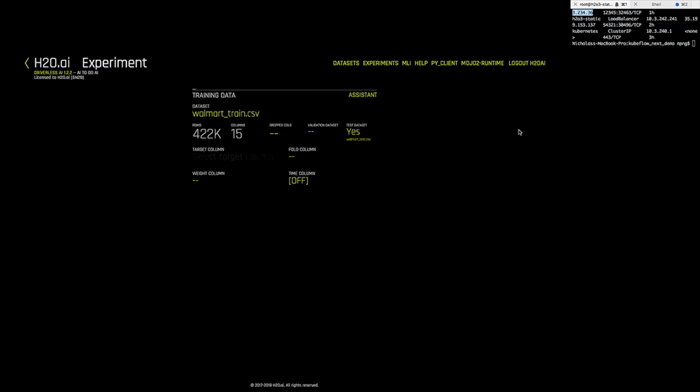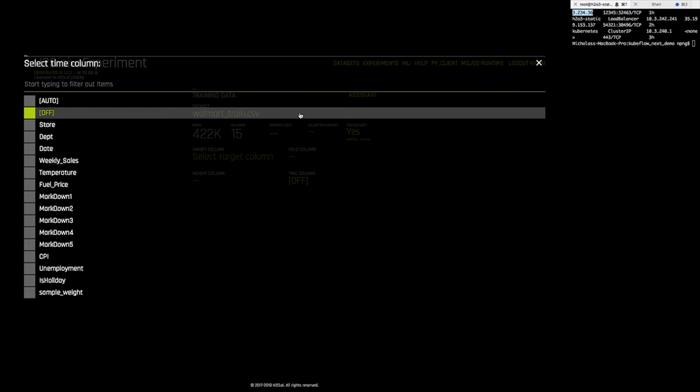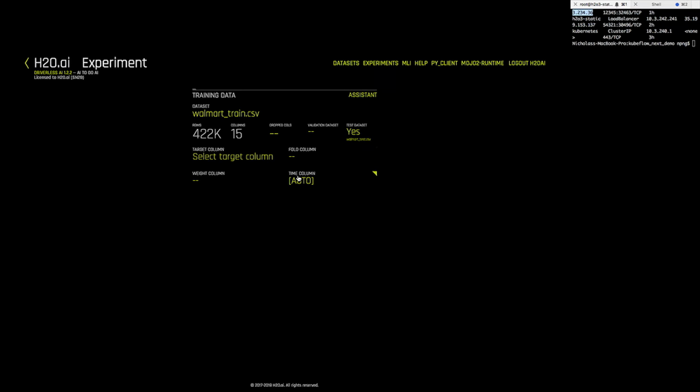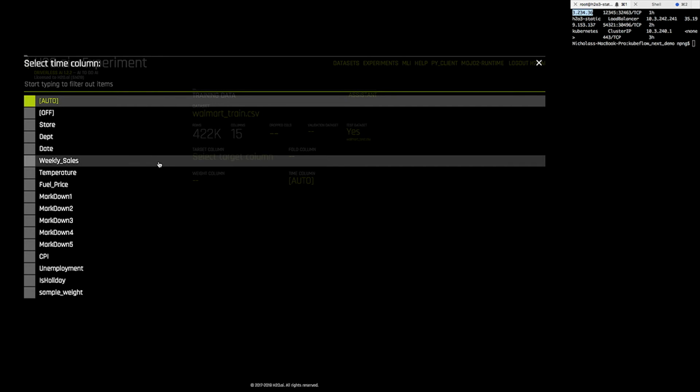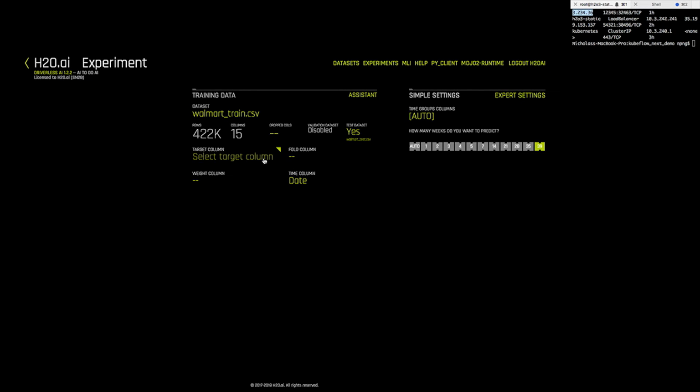So it will do testing and validation on the out-of-fold data so that you don't ever have to worry about cheating, essentially. Now, the time column: this is a time series data set. It's one of those things where we do need to address time, and we don't want to look at September to predict August sales, right? So you can always set auto for the time column. Otherwise, if you know the specific time column, you can go in and say, okay, that's actually just the date. And then from here, you can select how many weeks you want to predict forward, how many weeks after you want to predict, and auto is always optional.